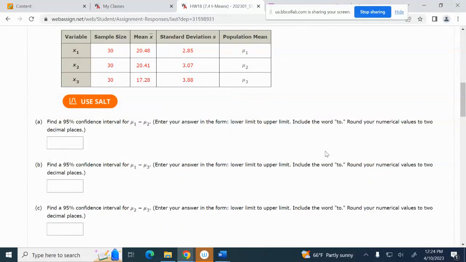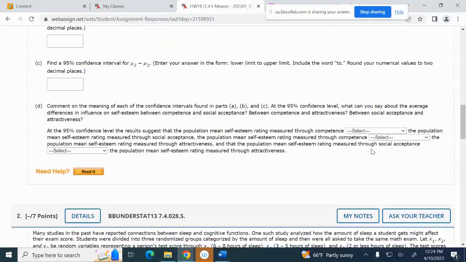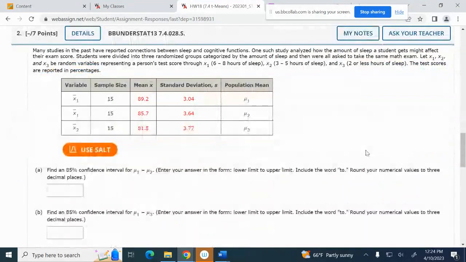Let me look at the number 2, the second problem. Yeah, it's the same thing. The 3 groups, number 1, 2, 3, and 85% again for the third one. The mean difference between 1 and 2, another mean difference between 1 and 3. What do you say the next one? Between 2 and 3, right? Means, right? And how many means? 1 and 2. 2 means, right?